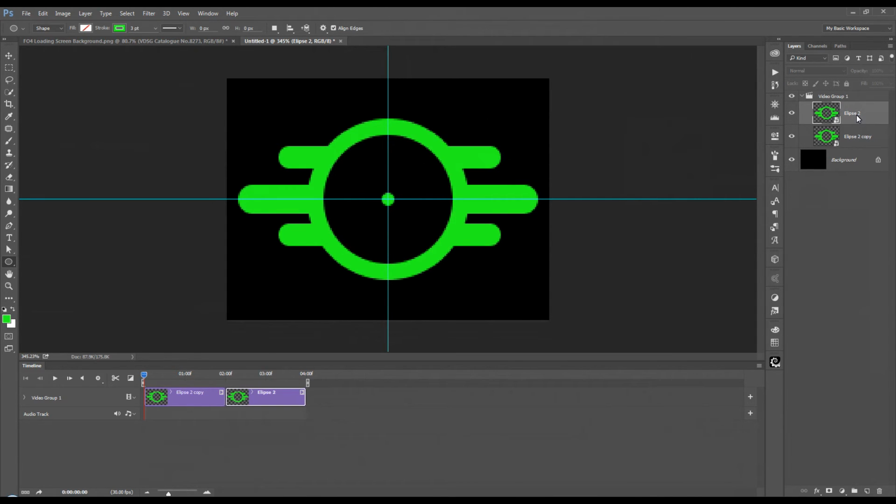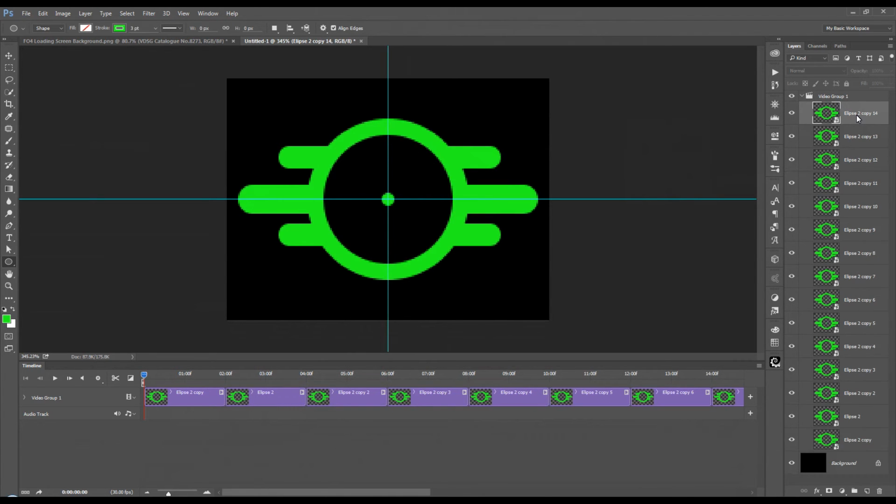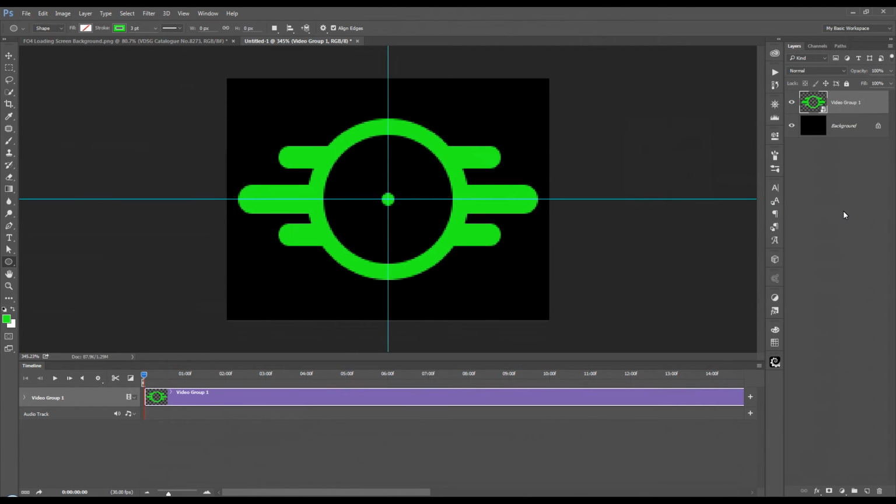Now all I need to do is press Ctrl J to make enough copies of this layer to total 30 seconds. Because they're 2 seconds each, I would need 15. I've already got 2, so I need to press Ctrl J 13 times. Once I've gotten my entire set laid out for me here, I'm going to click on the video group, right click, and turn that into a smart object. And I now have a 30-second loop of the radar blip,